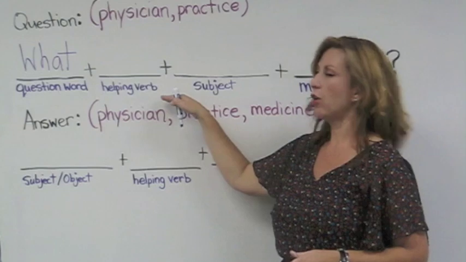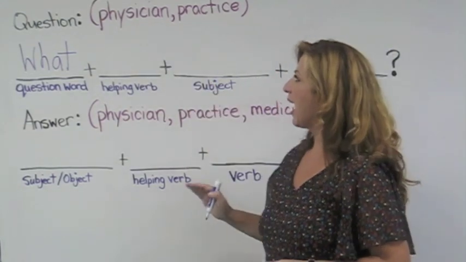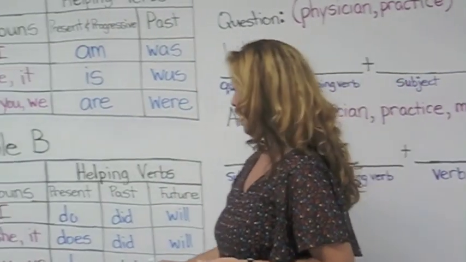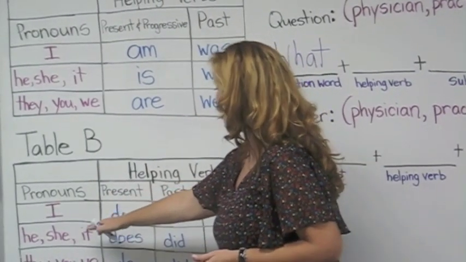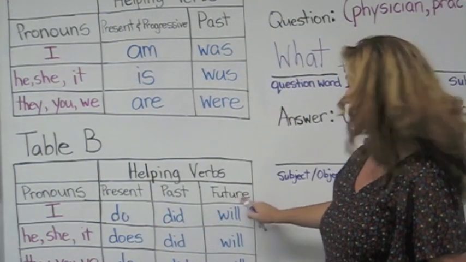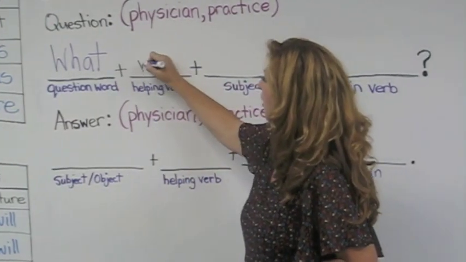Now, the helping verb is again according to our subject, which is a physician. And a physician is a he or a she. So, we're looking for the future tense. So, our helping verb is going to be will. What will